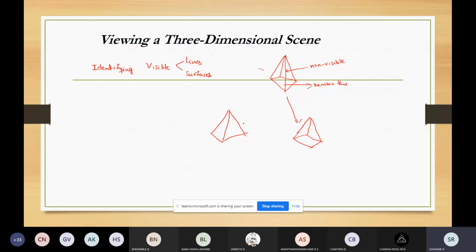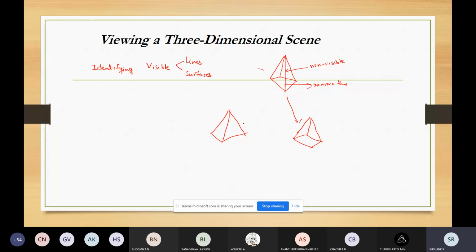What we will do in computer graphics is use a surface rendering process, so that the display will contain only the color patterns for the front surfaces. This is one aspect of identifying visible lines and surfaces.